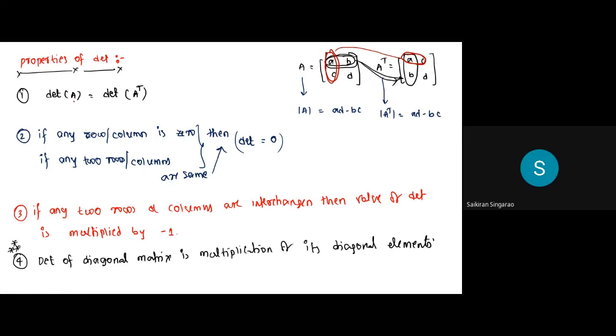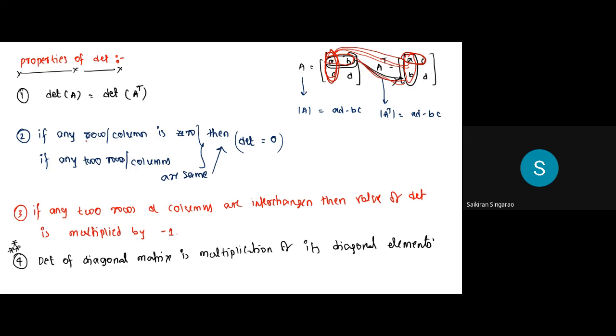So the first property was that the determinant of A and A transpose are the same, because what is transpose, sir? Transpose simply means interchanging rows as columns or columns as rows. So this was a column here and this becomes a row here in transpose. This was a row here, it becomes a column here, right? So when you take the determinant, it is going to be the same, because determinant is a physical parameter. When you do transpose, things are not going to change, correct?